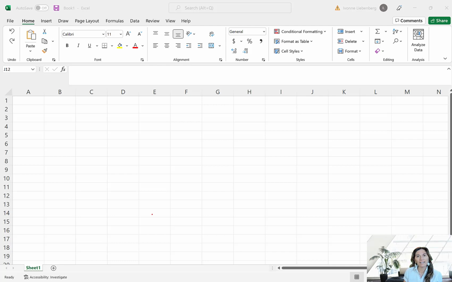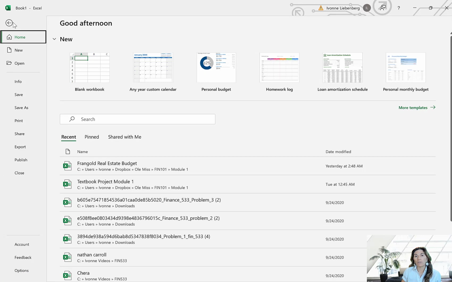To access Excel templates, we want to go to the Backstage view. So press File, the tab on the left top corner of your screen. That will take you to what we call the Backstage view. And usually you would click on the first icon here on your top left, blank workbook, right, to start a new workbook. To the right of that icon, you will see examples of several templates, and yours may look different